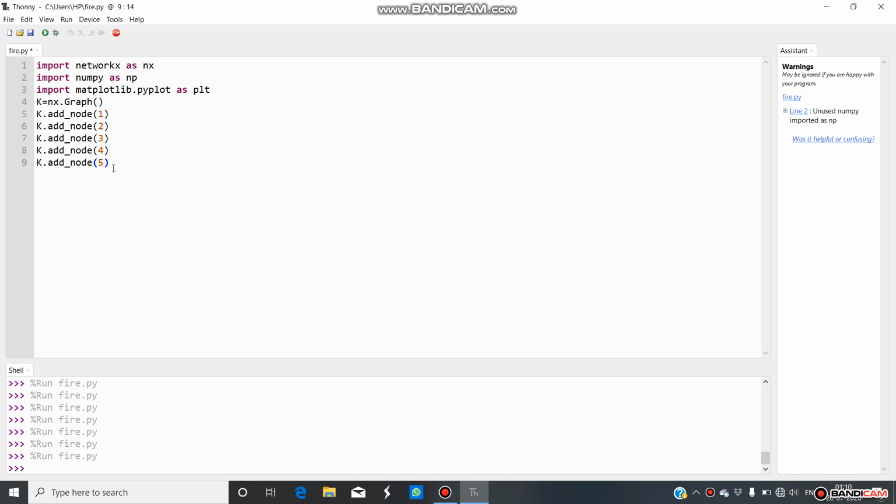Now let's insert edges between the nodes. We can use any combination to insert the edges. An edge shows the relation between the nodes.